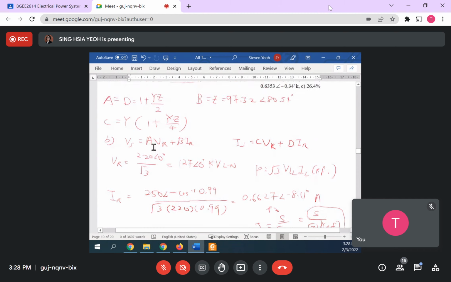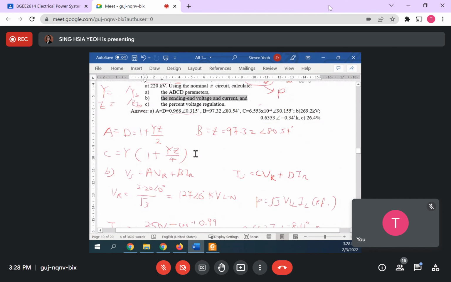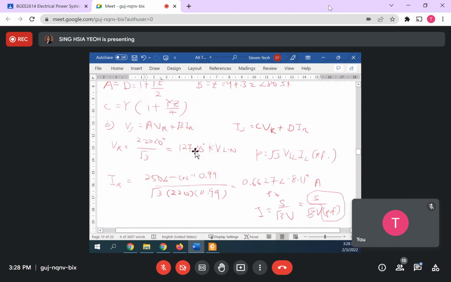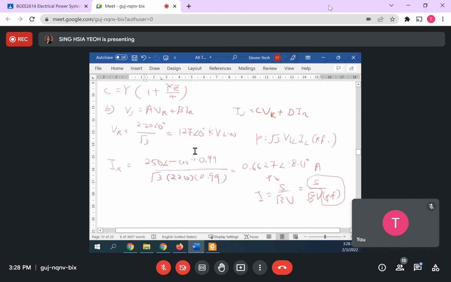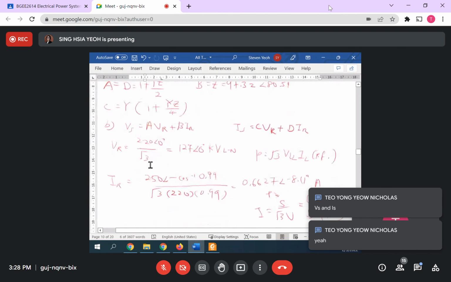Question 2 part B. You can't get the answer? Which answer? VR and IR, can you get it? VS and IS. VR and IR, can you get this? Are you substituting the